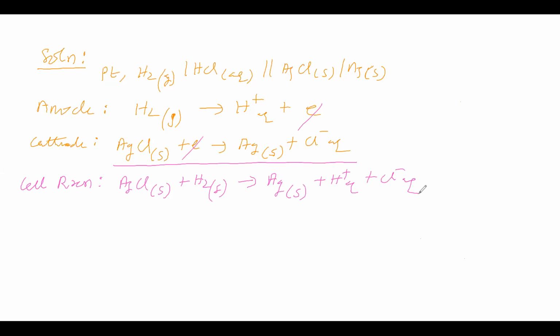We have to balance the anodic half reaction, for which we will write it here. Here also we have written it. So the first subdivision we completed. They asked us to write a cell reaction, and that is what we completed. Now we will go for the second subdivision.